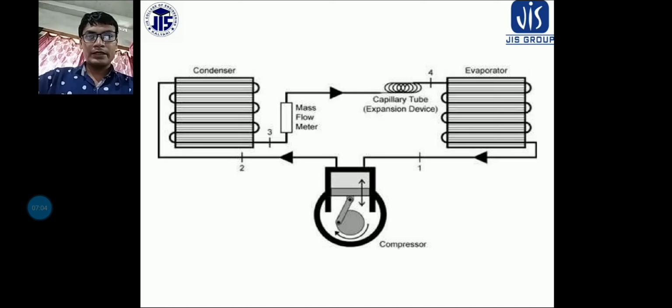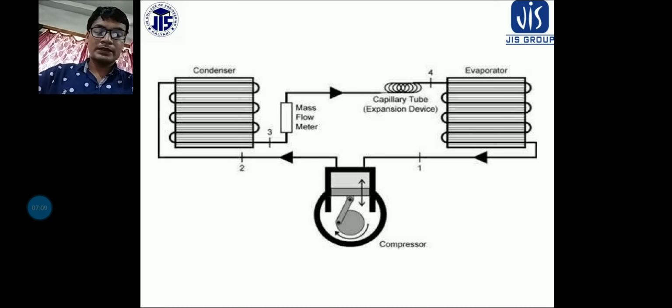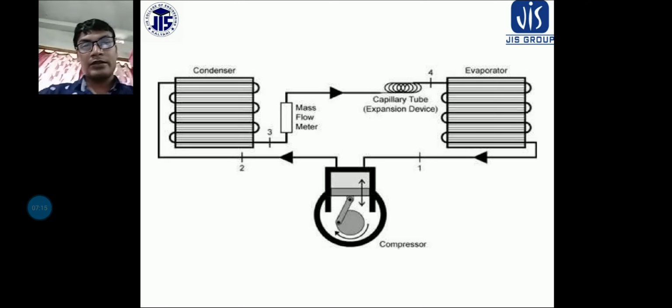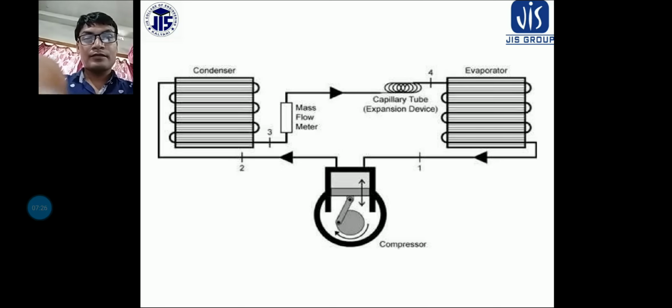And what happened, as a whole we can see the compressed air, or compressed refrigerant, we are getting at the outlet of the compressor, and this compressed refrigerant is taken into the condenser, and in the condenser it is condensed and sent back to the evaporator through the capillary tube. Okay, so these are the functions of the compressor.